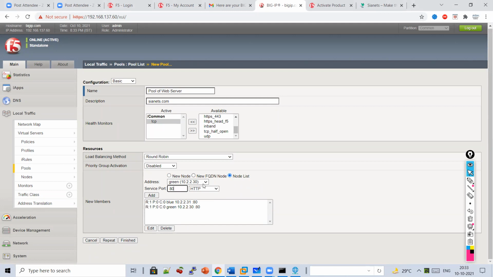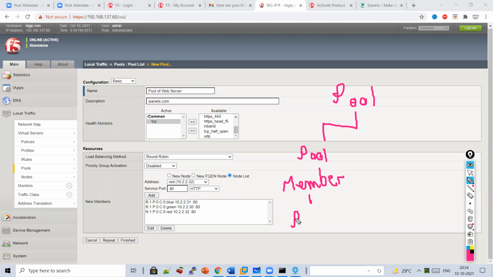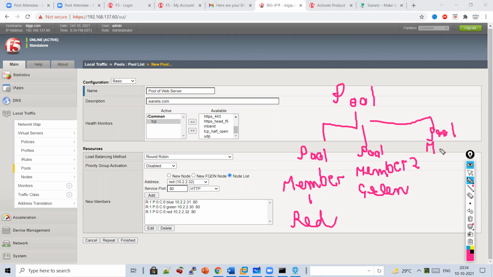I'll just add blue, green, red, all these 3. So this is what you have as a pool. A pool is a combination of pool members: pool member 1 is red, pool member 2 is green, pool member 3 is blue.